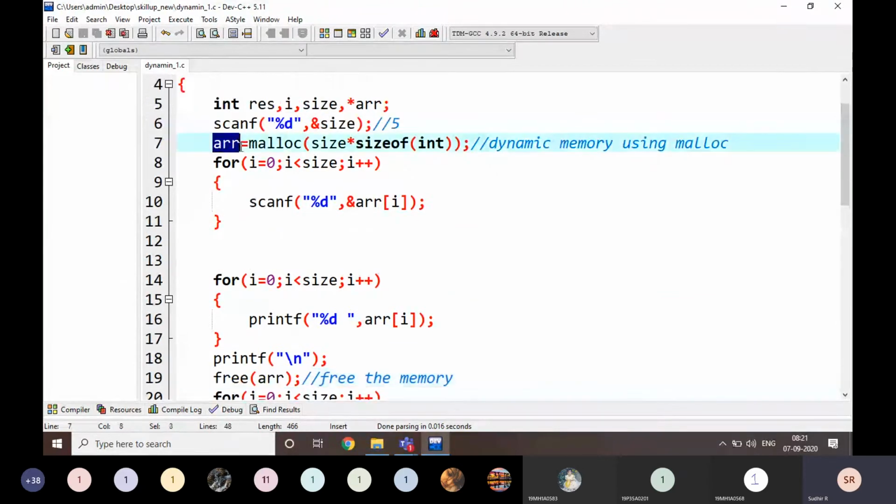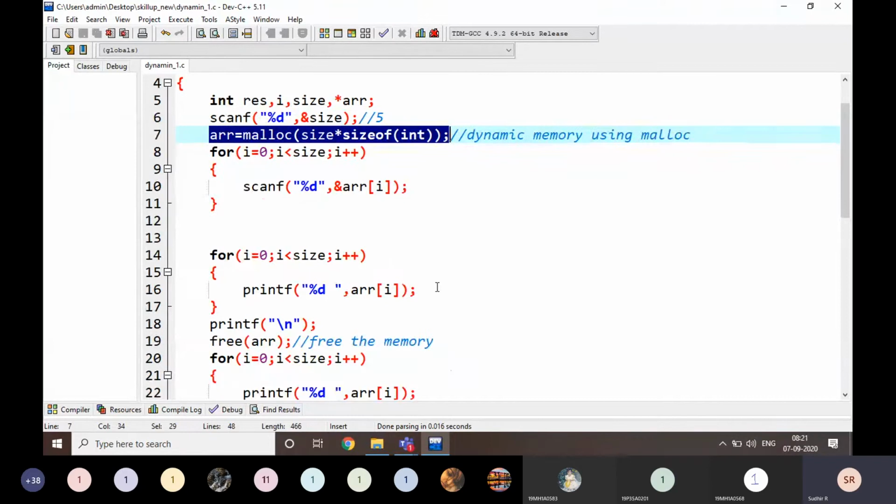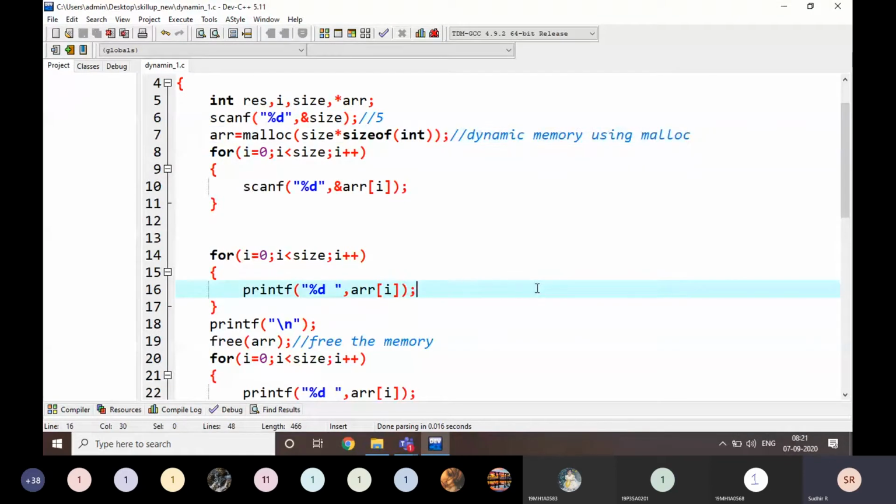ARR is equal to malloc of size into sizeof integer. Note it down, everyone. Simply, I am reading array values and printing the array values. Very basic, but using dynamic memory allocation. Note it down, everyone.